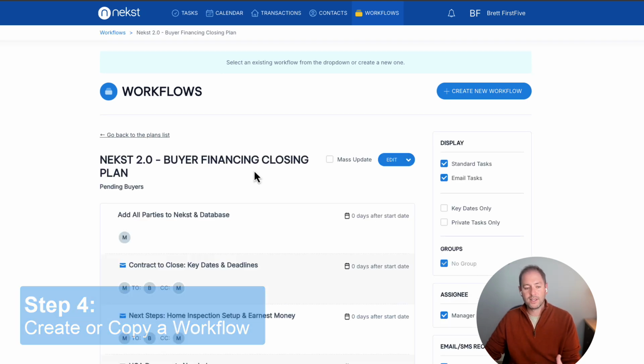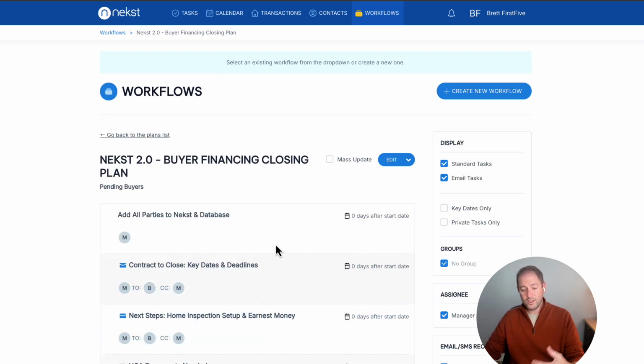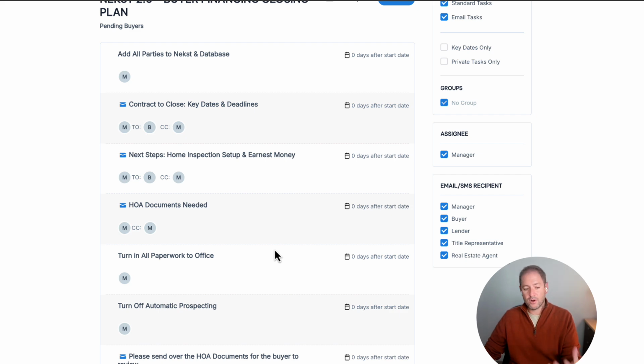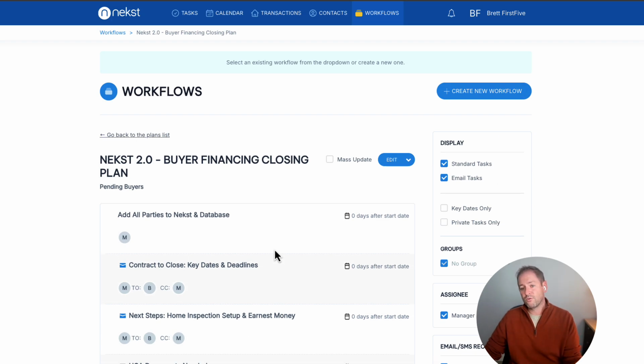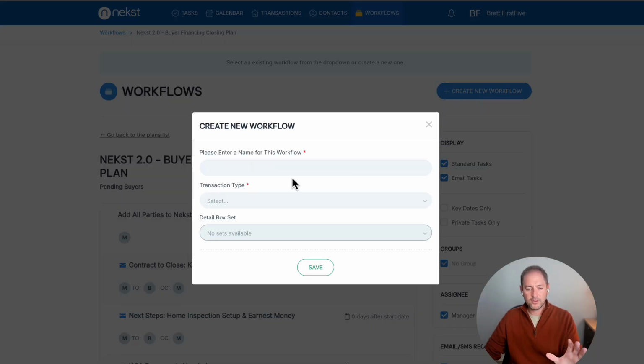This one's called Buyer Financing Closing Plan. So we try to give you a process that you can follow, but the way that things are done in each market will vary a little bit. You can create your own from scratch. If you already have a plan that you want to follow, you can do that by just clicking create a